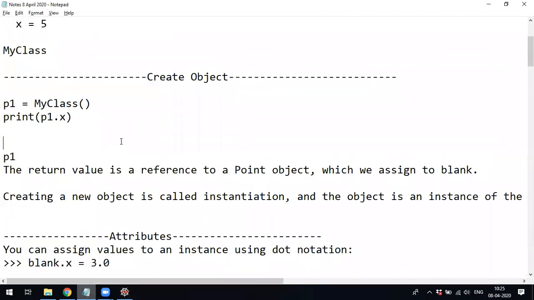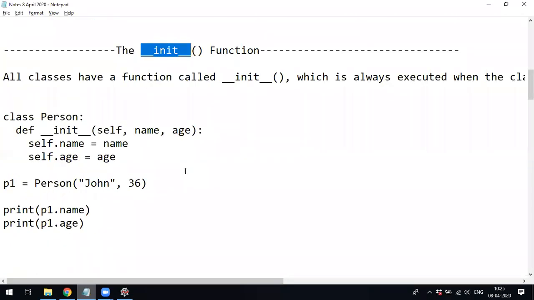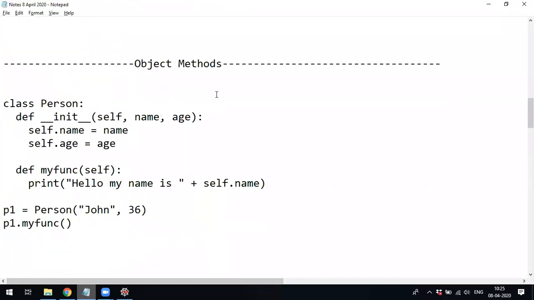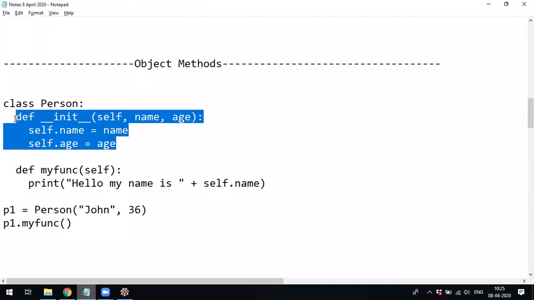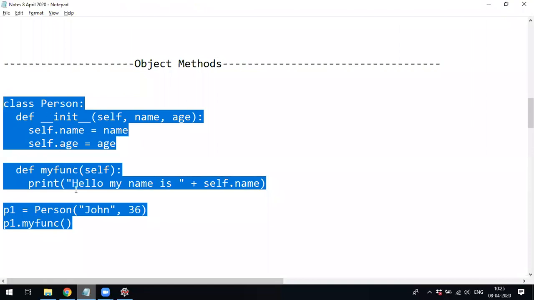See, this is how we are going to initialize. And the init function, you can remember by the name called constructor. For that reason they have given the name like this. You should use underscore underscore followed by underscore underscore. It is not mandatory. You have to just create only the constructor. You can create user-defined functions.